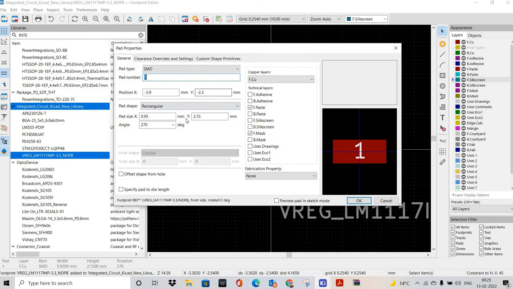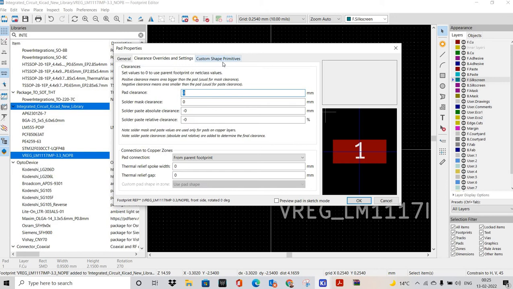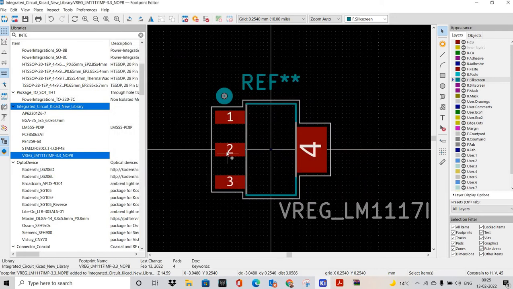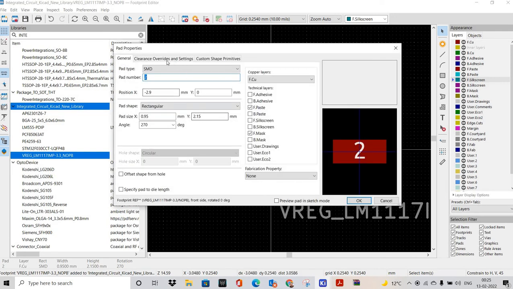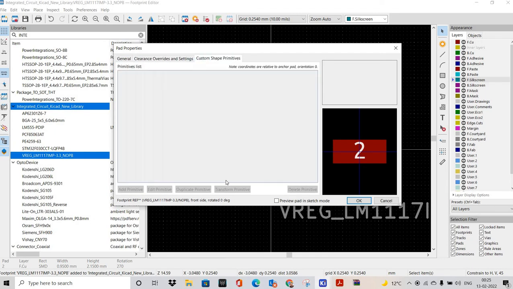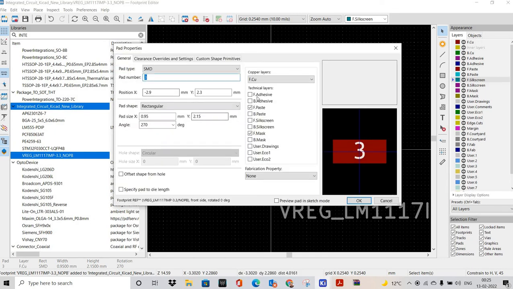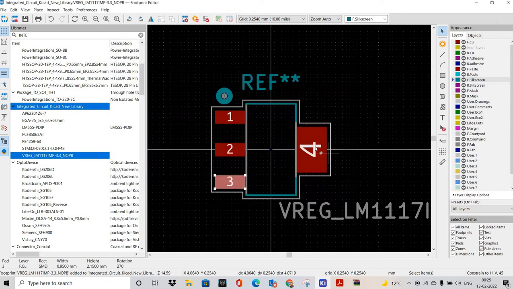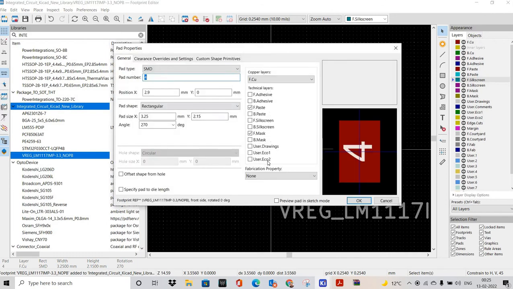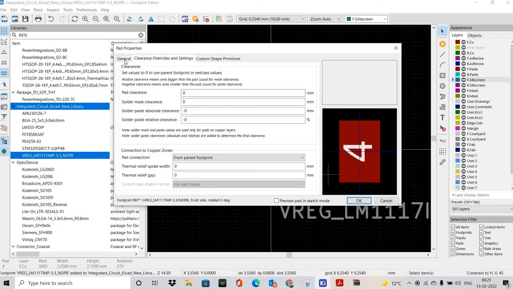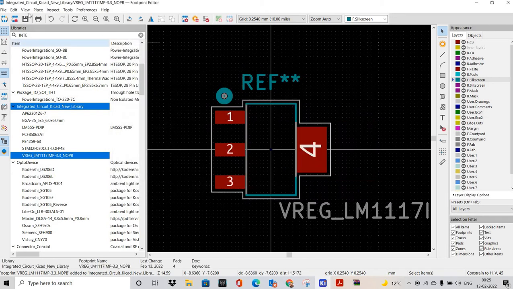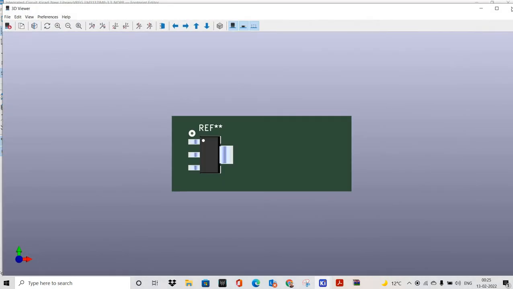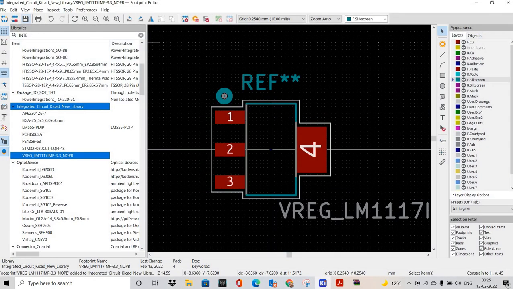You can also check the pads, paste and mask and copper. Alright, okay, so this is okay, and this is also okay, and last one, this also looks okay. Okay, alright, so the 3D viewer looks okay to me. Then